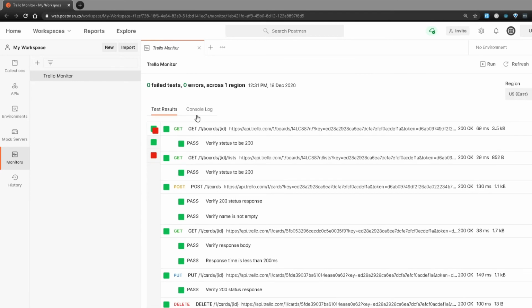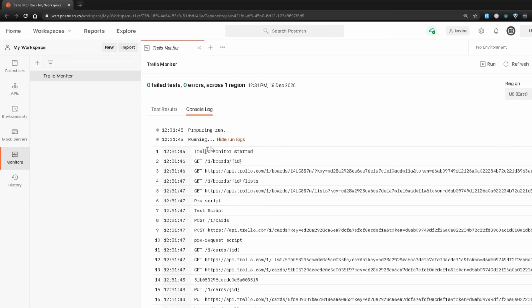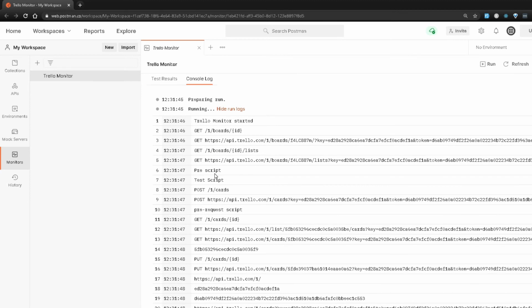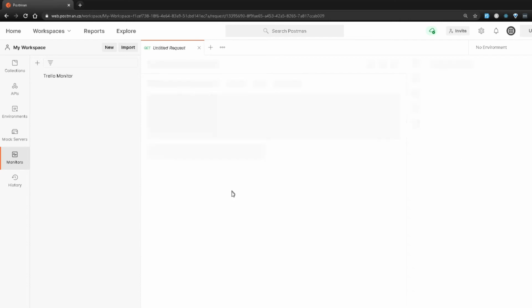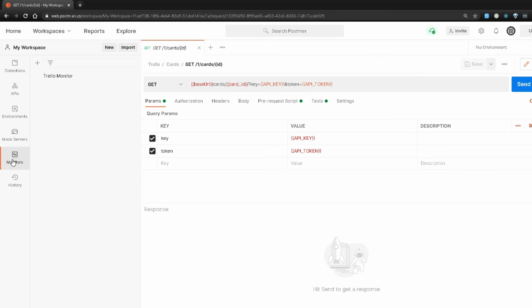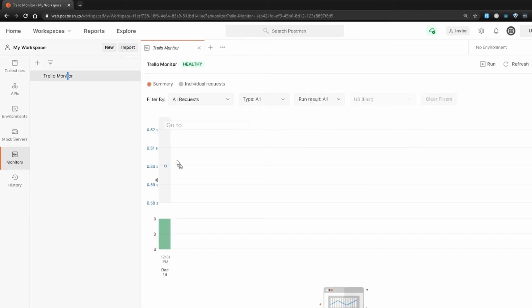Along with just scheduling this, we can also see the logs here. This is the same as what we were using in the previous video with the Postman collection runner. We can see all the logs that we were seeing on the console over there. So I can see my pre-script, the post-script. This is all the stuff that I've added in my test scripts, and it's actually being printed out over here. So that's pretty cool. Even if something fails, you would know right away what happened, and you can actually check the logs for that particular request. And if you notice right now, my build says it's healthy, so that's great. If something fails, it will probably turn to failed or something went wrong.